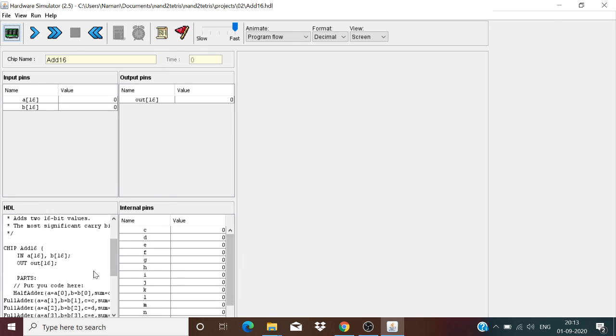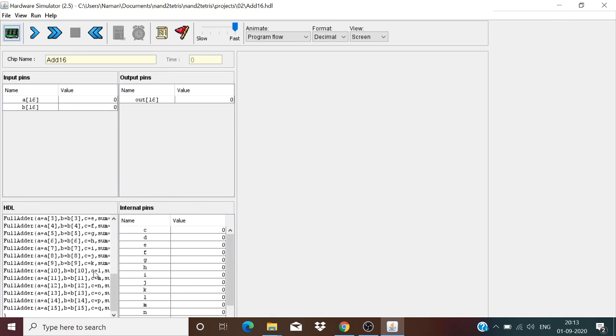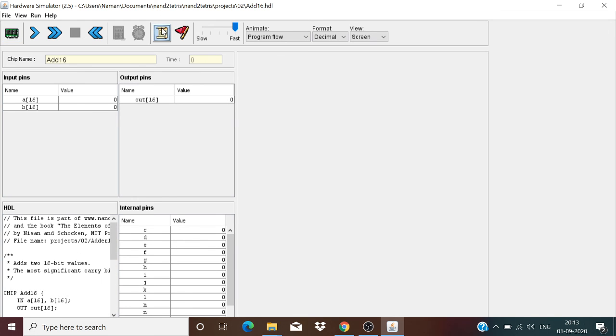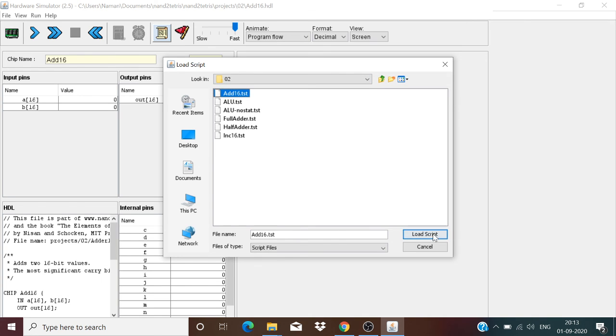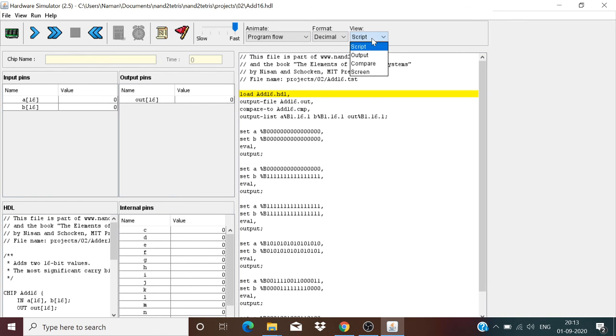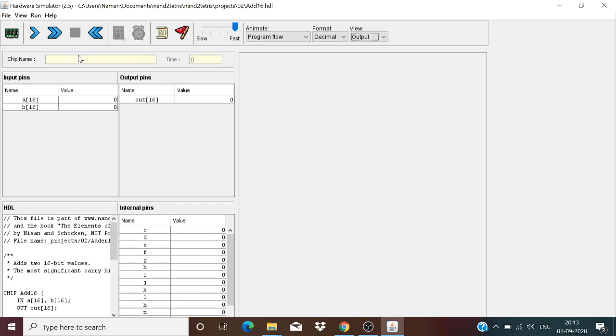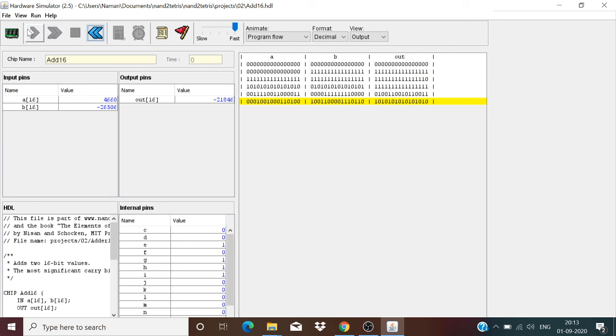Now Add16: we'll add two 16-bit data values, and thus we make use of one half adder and the rest full adders that we constructed previously. And thus for some predefined inputs we have the correct output, as you can see here. Adding A and B, zeros, all zeros. Adding all ones we get 1 1 and this one.